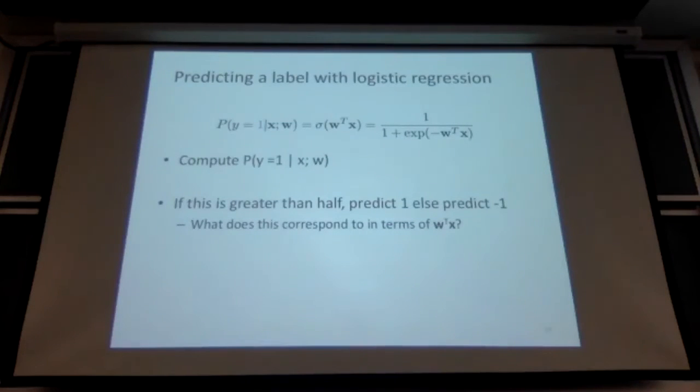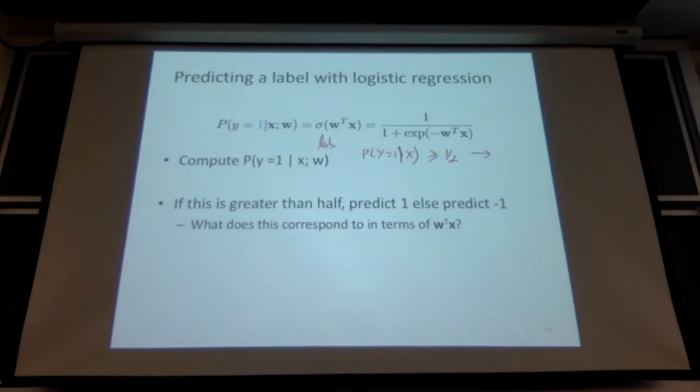So if you want to convert this probability into a prediction rule, you compute the probability and compare it with half. If it's more than half, you predict that label. So if p of y equals 1 given x, I'm going to skip the w when I'm writing it this way, is greater than or equal to half, then label equals 1. But now let's work with this a bit. So let me erase this here and compute this probability, if p of y is 1 conditional on x is greater than or equal to half,